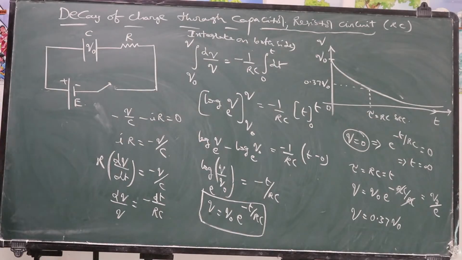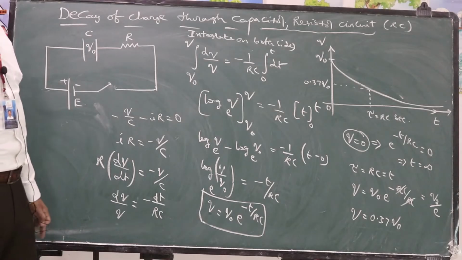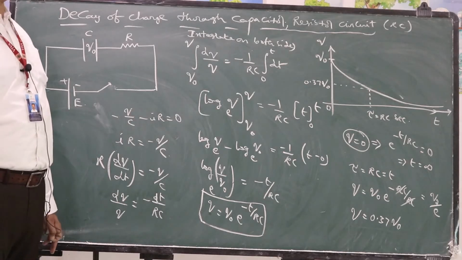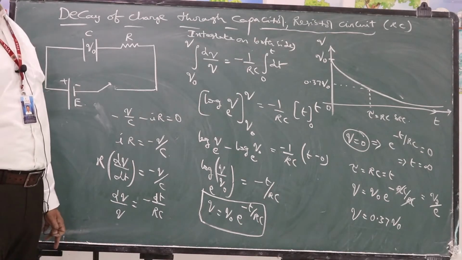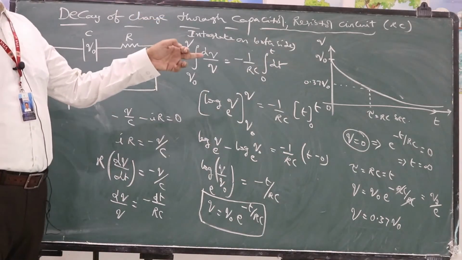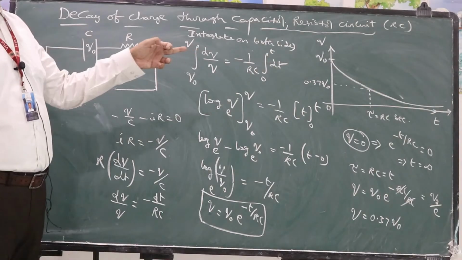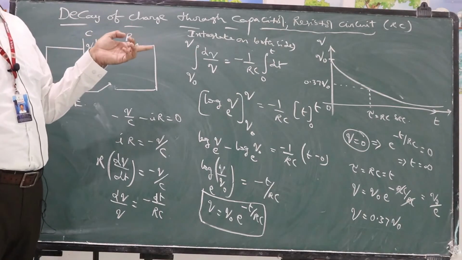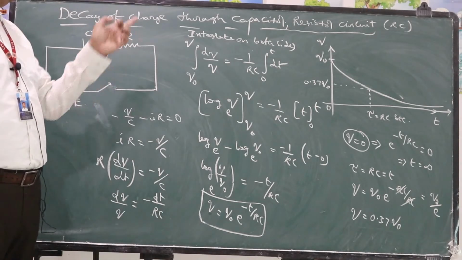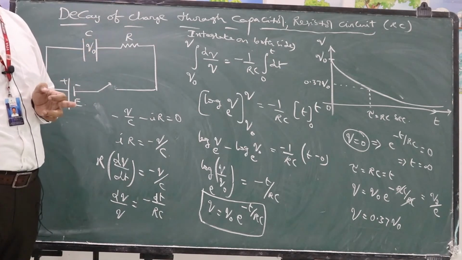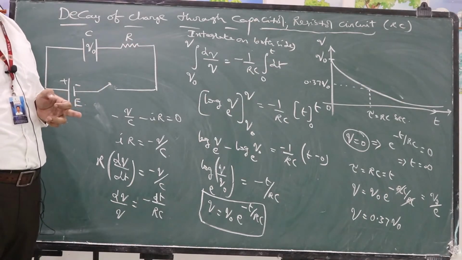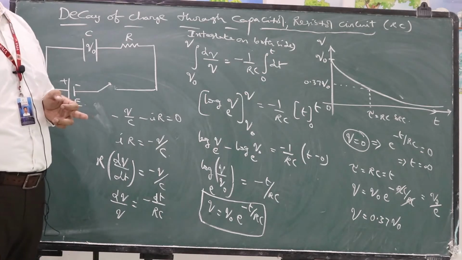So remember the two ideas, two definitions for time constant. The formula is the same in both cases. In the growth case or decay case, time constant is nothing but the product of resistance and capacitance. This is the time taken to decrease the charge to 37% of the maximum charge stored. In the earlier case, that is the time taken to grow the charge from 0 to 63% of the maximum charge. So either considerable growth or considerable decay in the circuit is observed within a time interval of 0 to RC seconds.